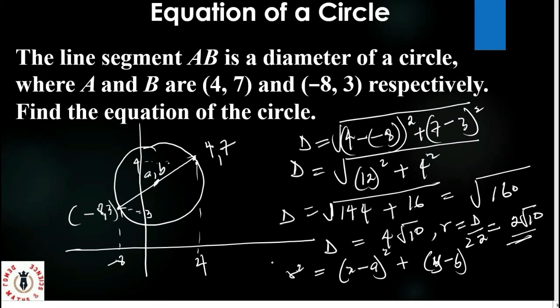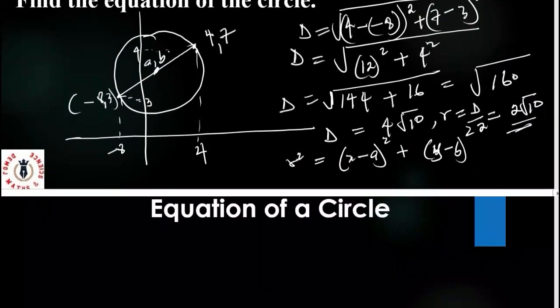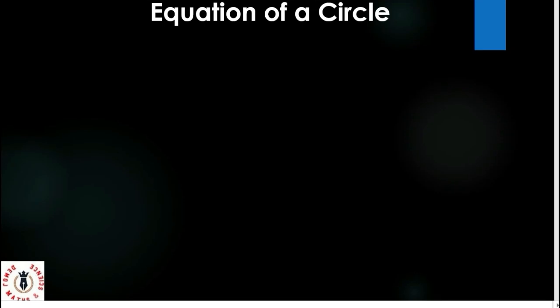The next thing is to obtain the center, the actual center of this circle. Now, since the diameter is a straight line, we can always get the center of this circle also from the diameter. Now, to get the center, the midpoint of a straight line is just picking the sides of the straight line, adding them together and dividing it by 2. Now, that straight line ranges between A is at 4 and 7, and B is at minus 8 and 3. So that the midpoint, or the center,